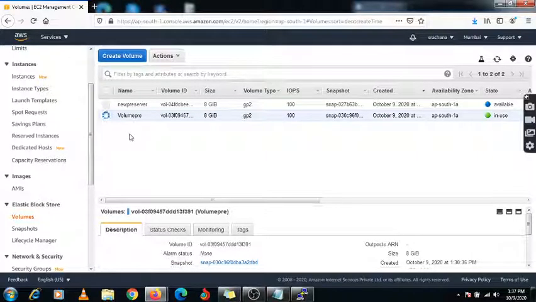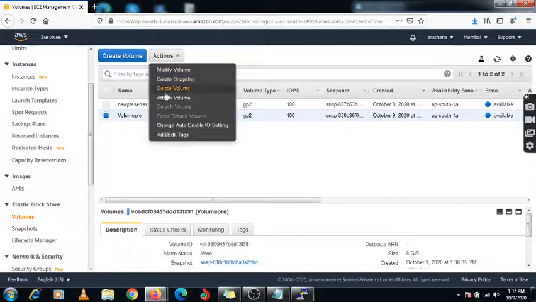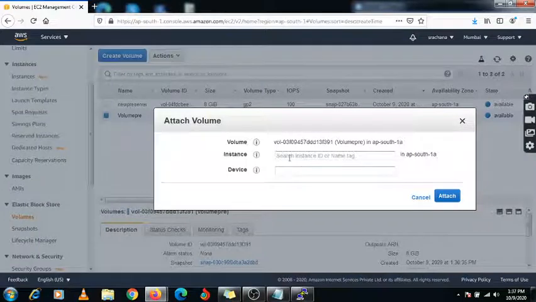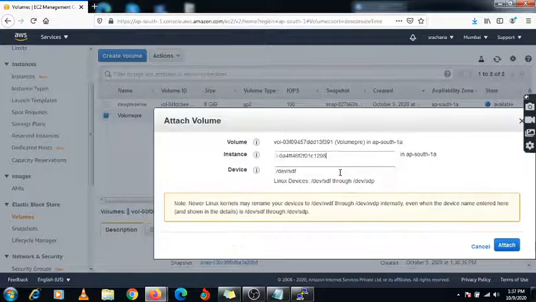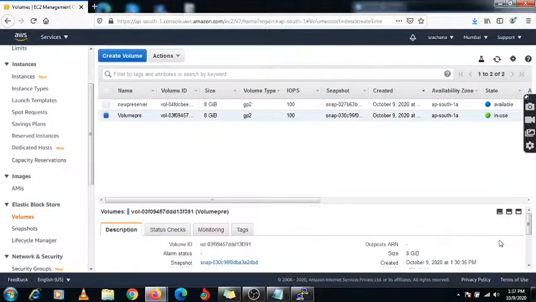At that time you need to save this device name, and you need to use this same device name while attaching it to the new server. So I'm going to attach it with this same name. Just click on this, and here you need to paste that device name. I'm going to attach it.